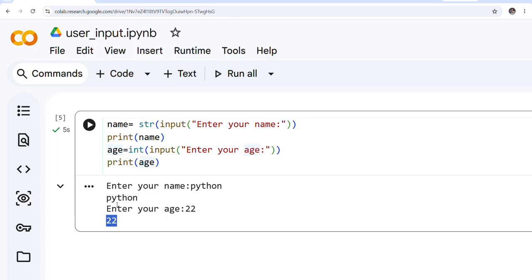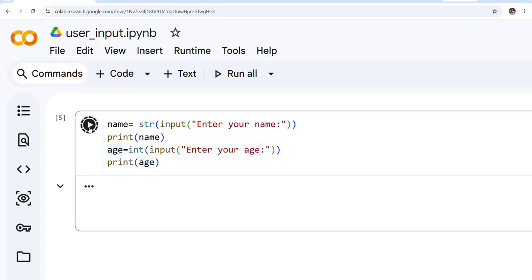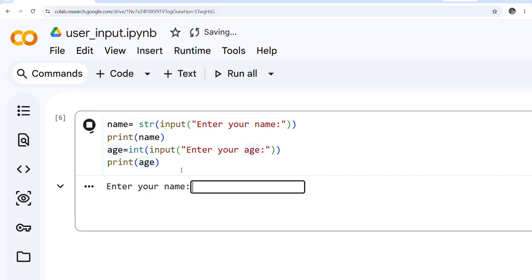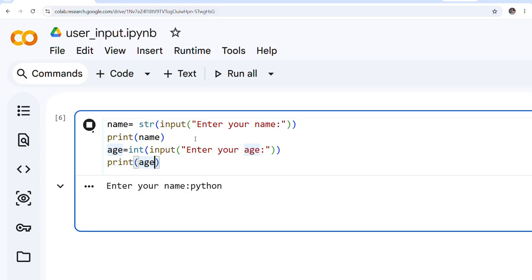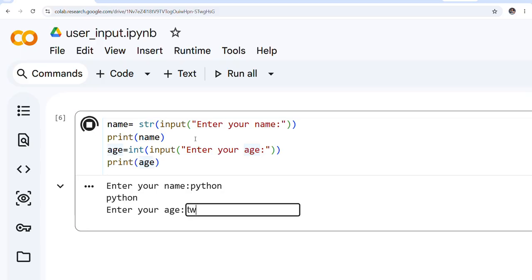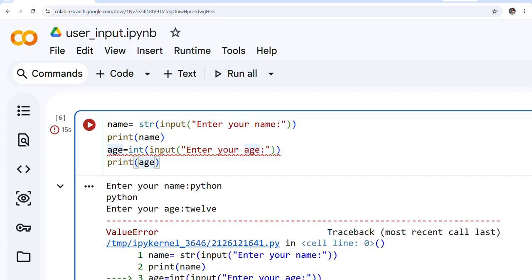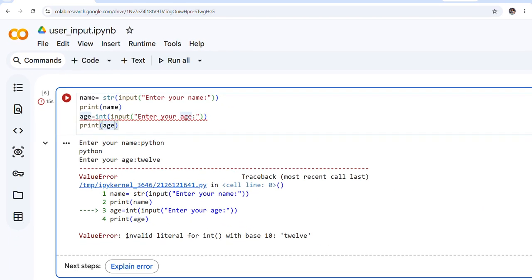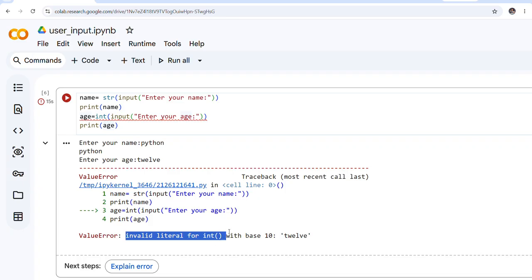Now let's test something. If I try to add some alphabet or special characters to the int part, will it work? Because in the name we have already tried, a number is working because it is a string, right? Now let's try it in age. Suppose in the age I am writing here 12 with some characters like this. It will be showing me an error. Can you see that? Invalid literal for int. It cannot read this in the form of a number.